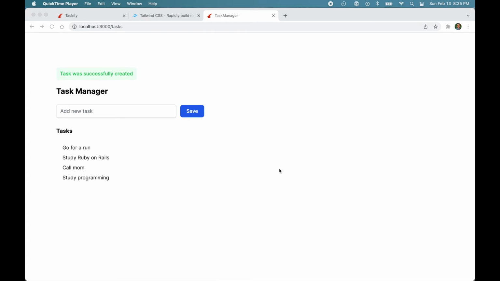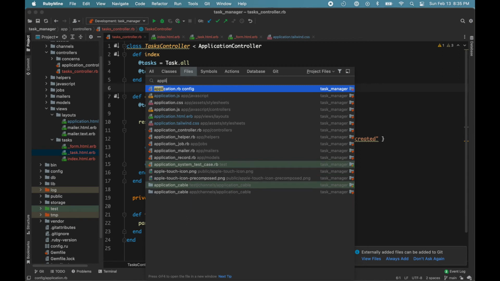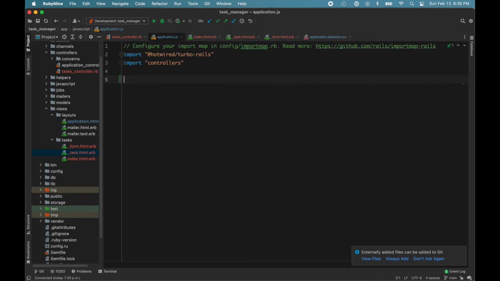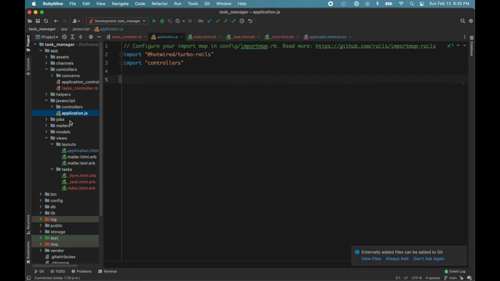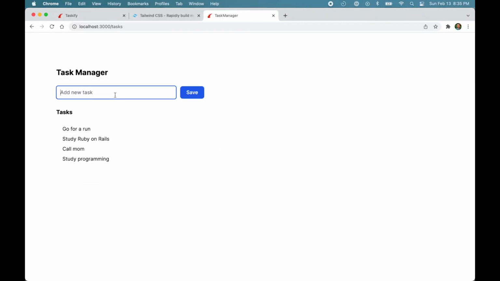To see how the app will behave without Hotwire, let's disable the Turbo Drive framework by setting a property to false in the application.js file. So let's open the application.js file. It's in the JavaScript directory, and let's add turbo.session.drive equals false. Now if we reload the page and try to add a new task,